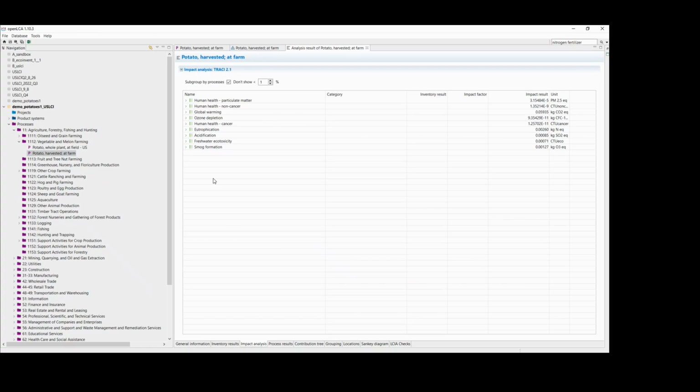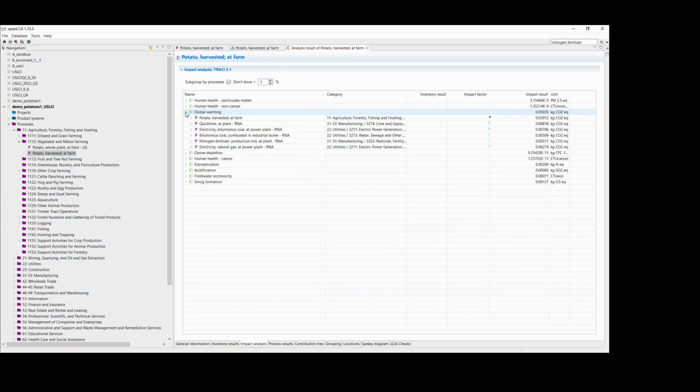I normally go to impact analysis. All of these tabs are useful when interpreting results, and OpenLCA has some more information about each if needed. And we can see that our global warming potential for 1 kilogram of harvested potatoes is 0.06 kilograms of carbon dioxide equivalent. So that seems pretty realistic of a potato process, not extremely high or extremely low. So we would be all good, but I would definitely recommend comparing this to other results if you have already run them in an outside program.